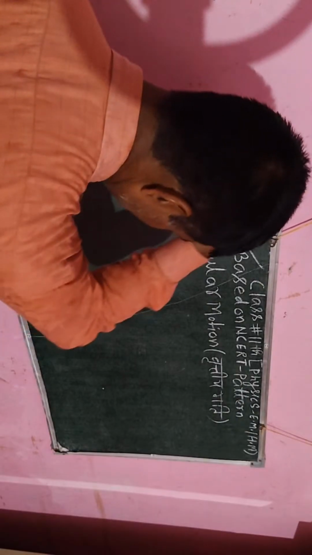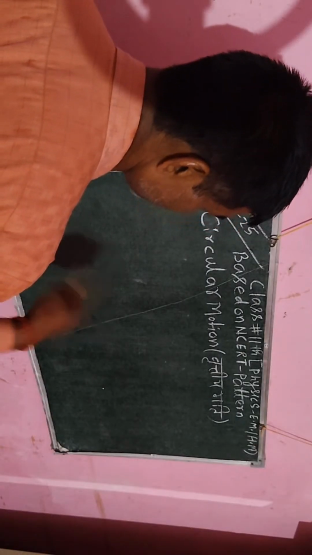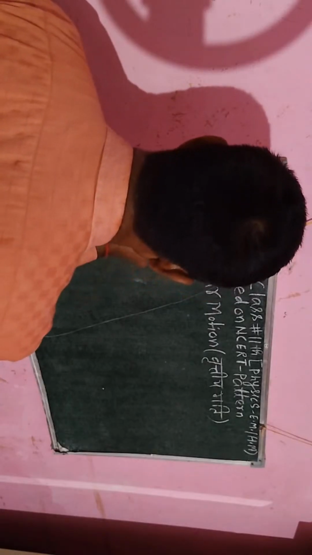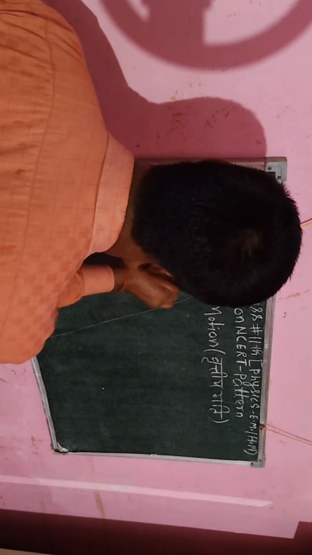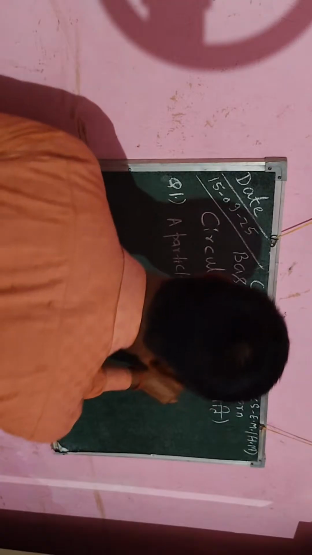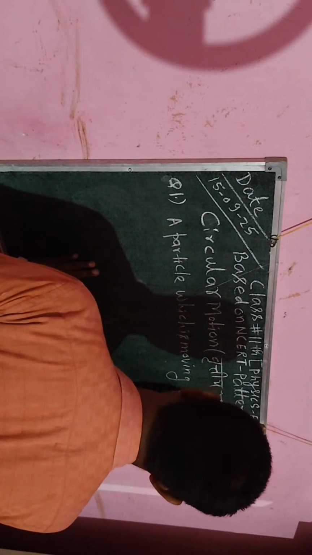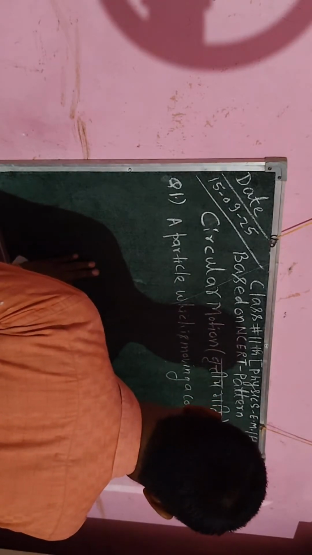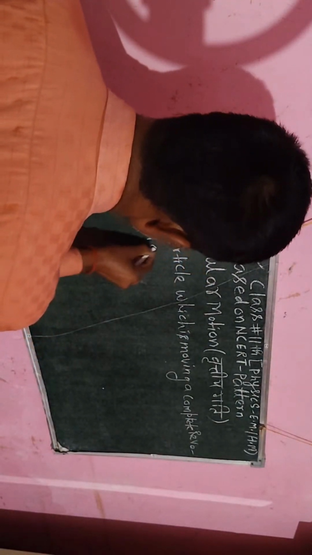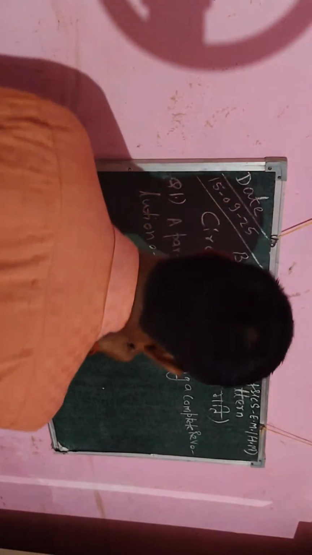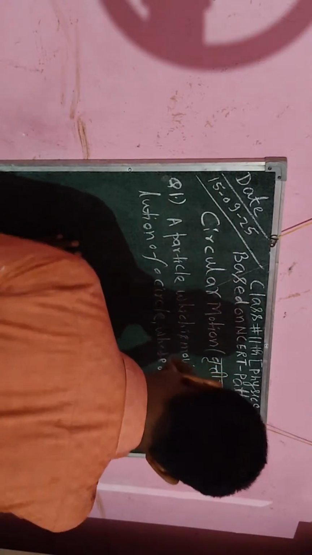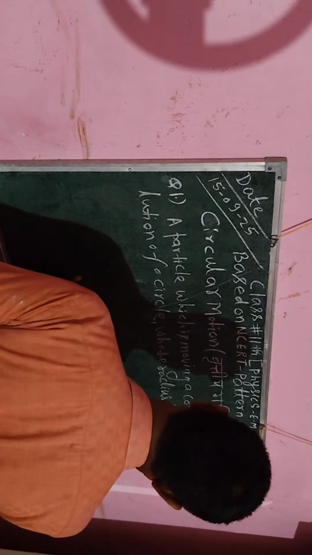Okay, so here I will say: if a particle is moving in one complete revolution of a circle whose radius is 6400 kilometer,